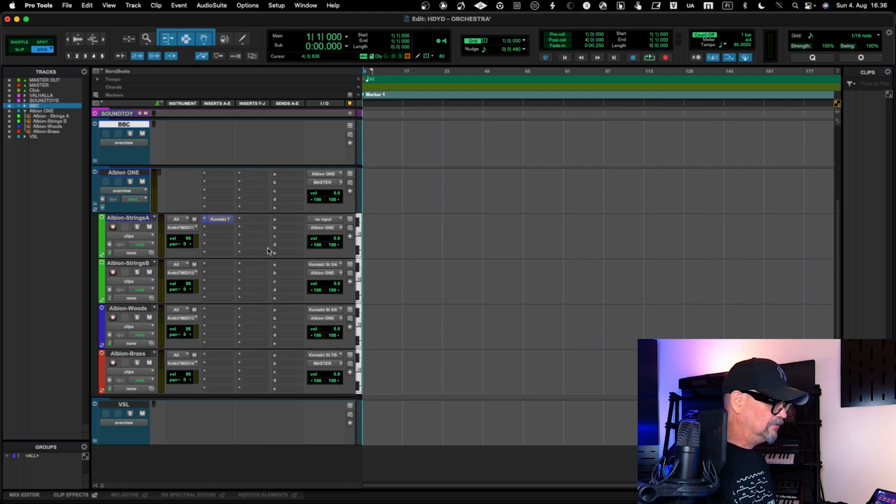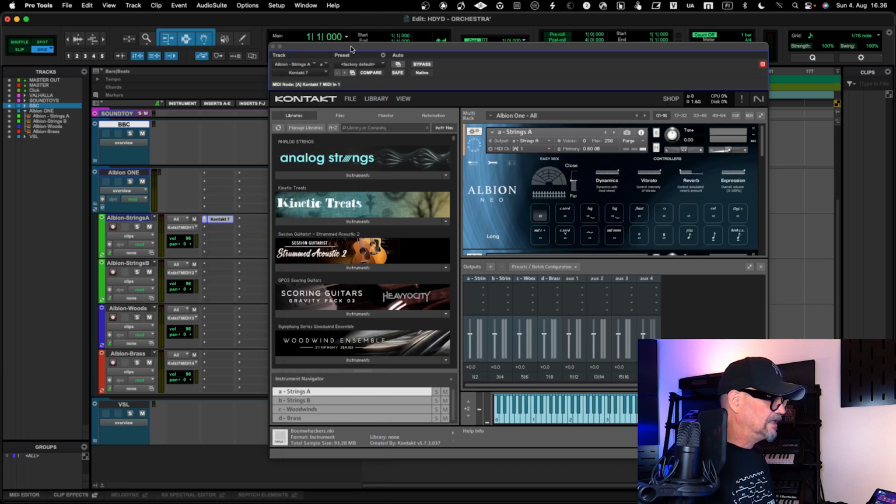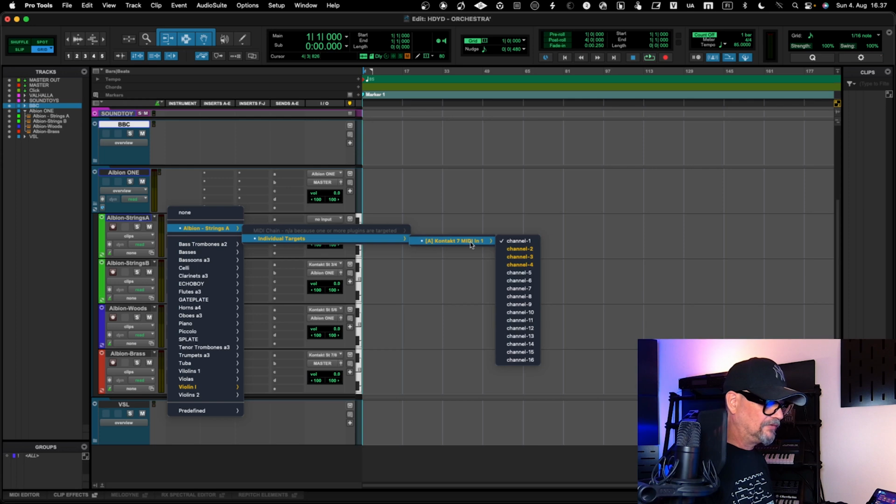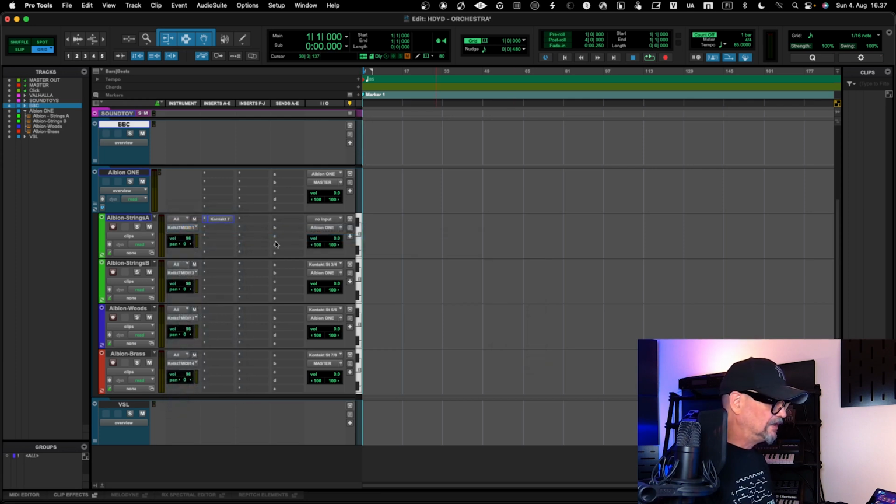And here, the channel that is having the instrument itself needs to have one configuration. You cannot use the MIDI chain, so you need to disable the MIDI chain, and then you select the individual targets, and you have the A from Kontakt MIDI and channel 1, so that the MIDI will go to the right instance within Kontakt. Here you don't need to define any inputs, because channel 1 and 2 will come directly from Kontakt to this track. So if I now play these strings,